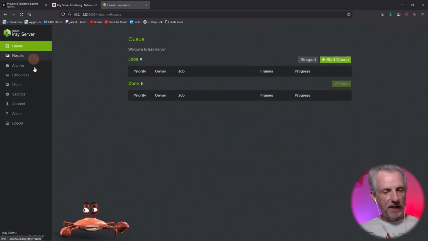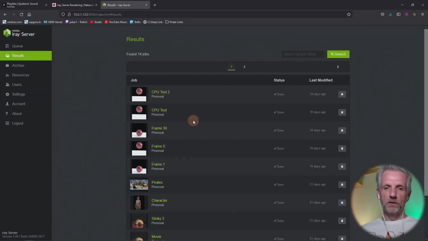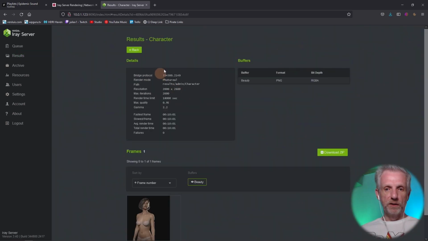On the left-hand side here, you've got a bit of a sidebar menu. You've got some results here. These are previous renders that I've done, and I can look at them as well. So this is kind of cool. You can go and see what has been done on your server. You can go and click this. This little window gives you